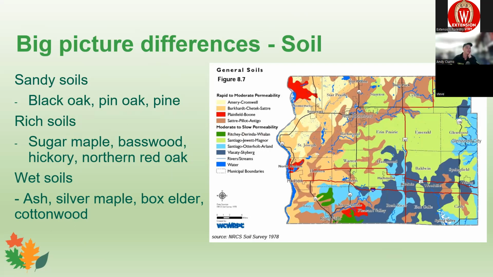And basically, a lot of St. Croix County has heavy soils outside of Hudson and Somerset. We have a lot of heavy soils, a lot of rich soils, and wet soils too. So if your soil's wet, if you're near a watershed where you have a lot of seasonal flooding, you're going to have an ash swamp possibly, where it's just ash and silver maple growing. So I just wanted to let you know that,